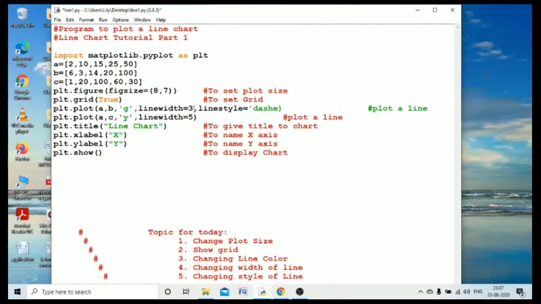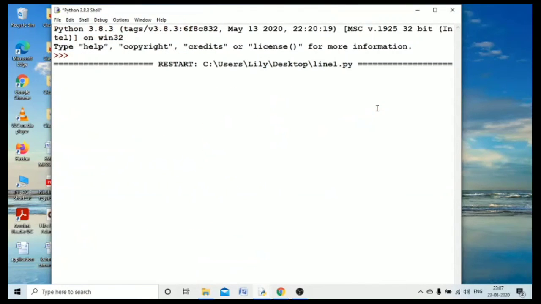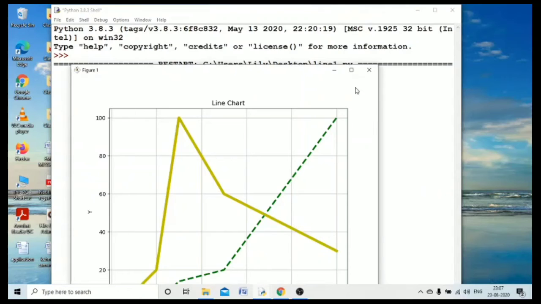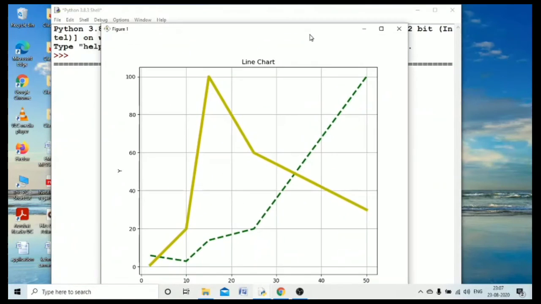So the normal one is called solid, and then we have dash, dotted, and then dash dot. So first one I have made dash, and since I haven't given any style to the second one, it will be solid only. See, the first line is dash and the second one is solid. By default it will be solid only.